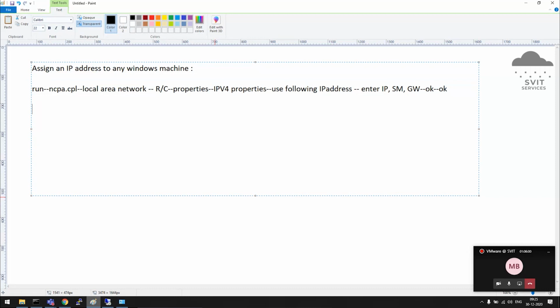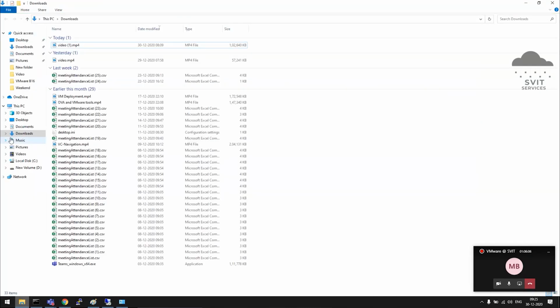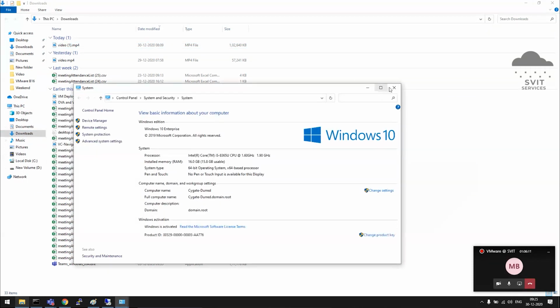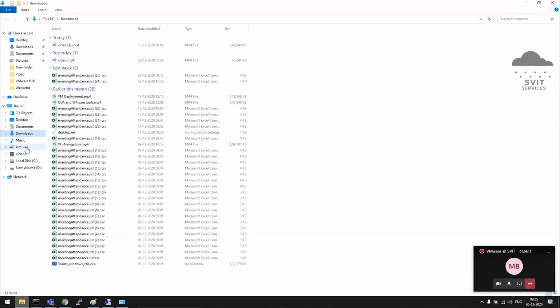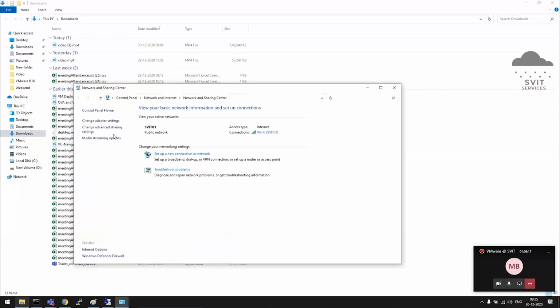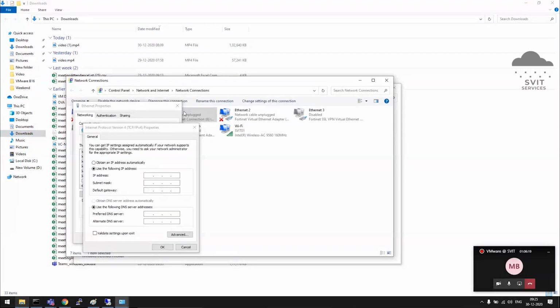Okay, there are multiple ways to reach this IPv4 properties. Another way: this computer, right click, properties. Sorry, not from here, network here. Network, right click, properties. It will also go here, click on change adapter settings, it will go here, or you can go from here as well.